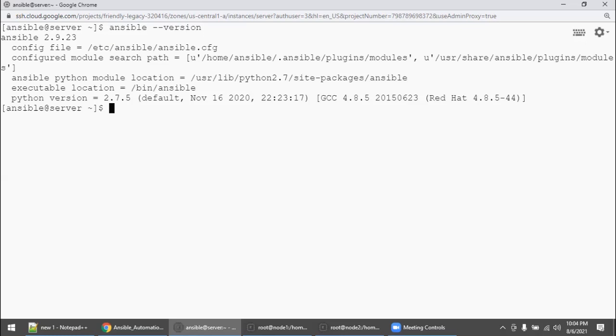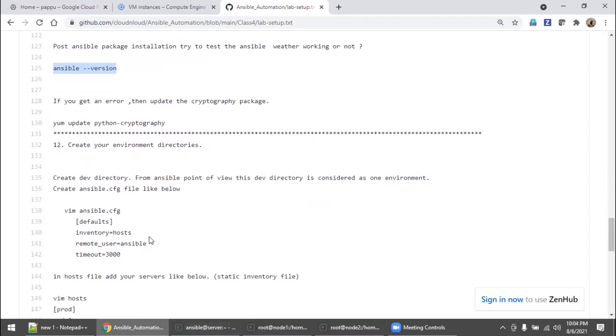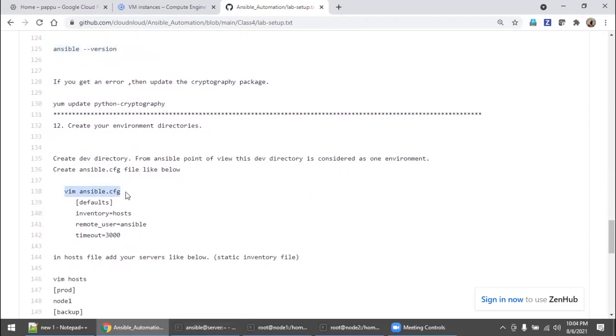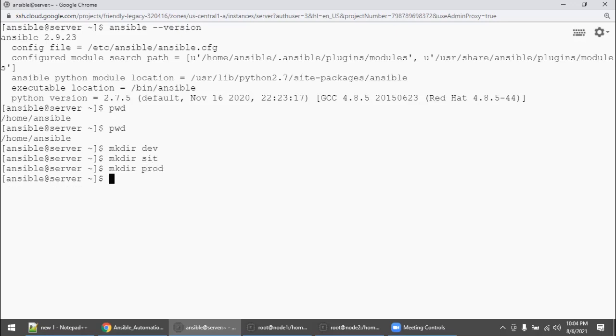What we will do next is create your environment directories. You can create ansible.cfg, but before doing that, I want to show you one more thing. I am in my home directory: mkdir dev, mkdir sit, mkdir prod, right?